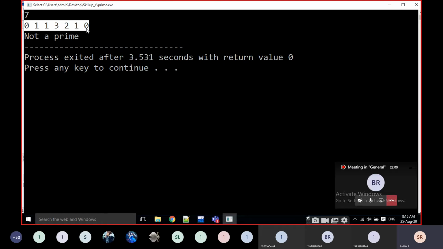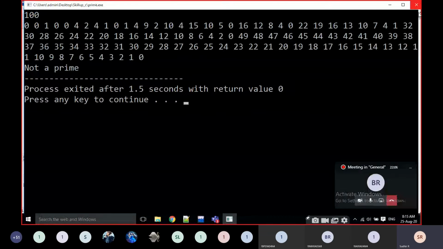That means it is divisible by only 2 numbers. If I give 100 here, look at how many zeros are there: 1, 2, 3, 4, 5, 6, 7, 8. There are 8 zeros.